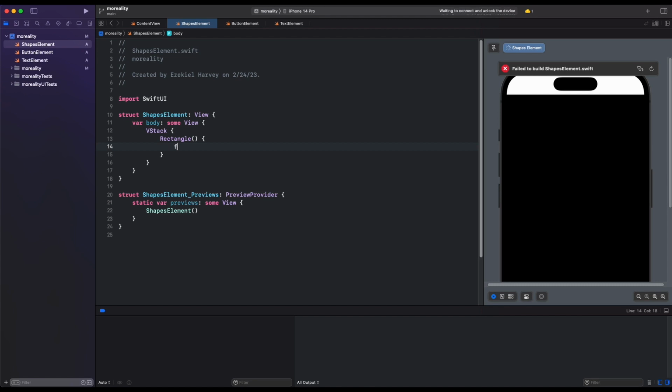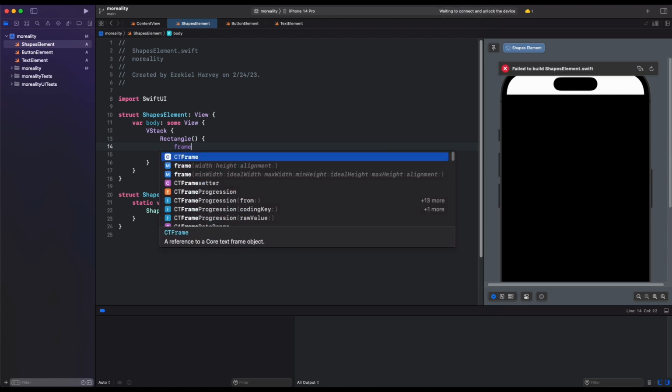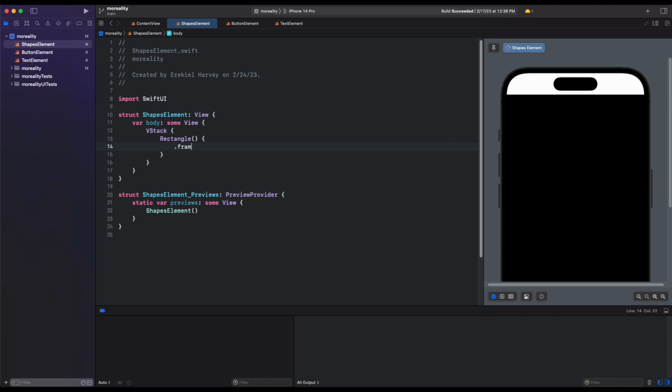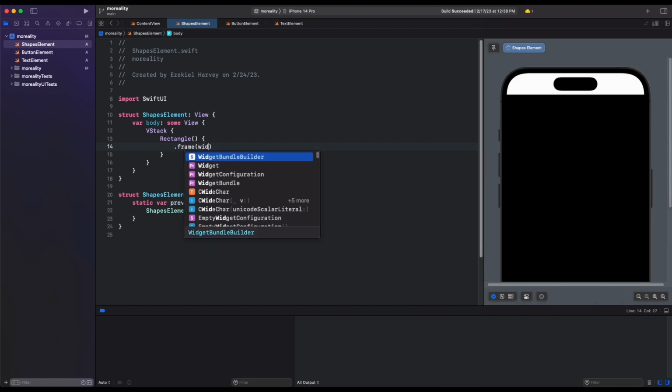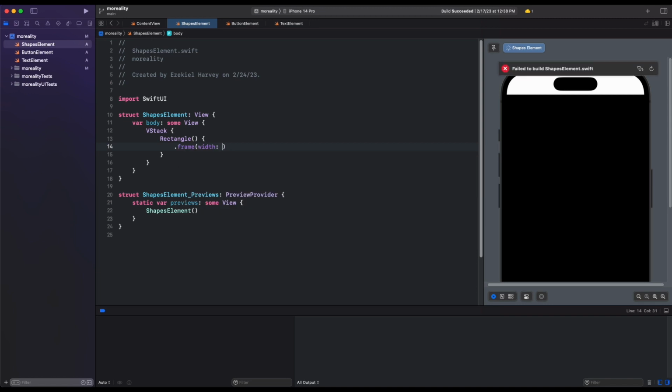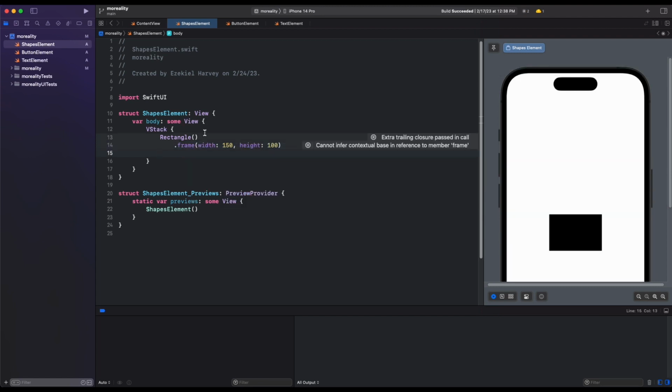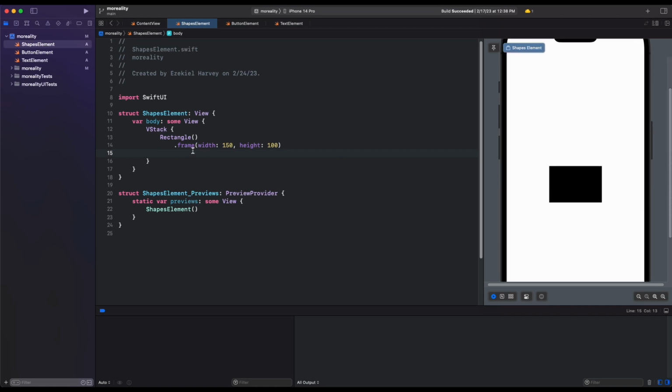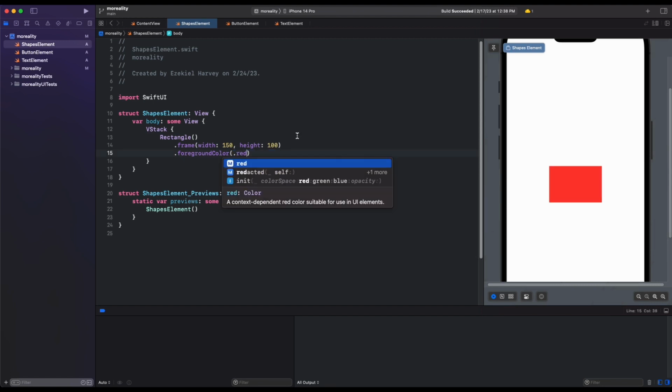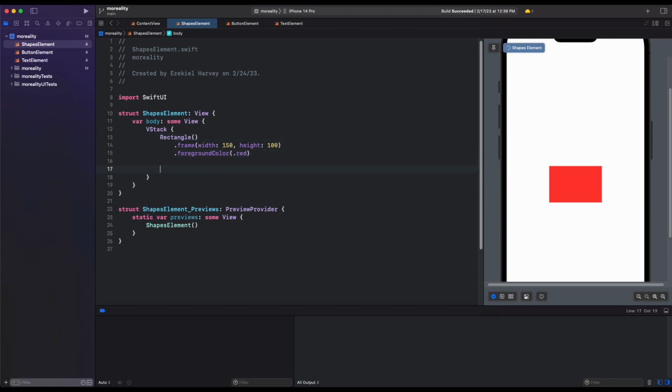and we can make this a frame, and this frame is going to have a width of, we could do 150, and a height of 100. Alright, now you can see our rectangle shape, and what we could go ahead and do is add a dot foreground color of dot red. Now we could change the color of it, and then after this we could go ahead and add in our next shape,